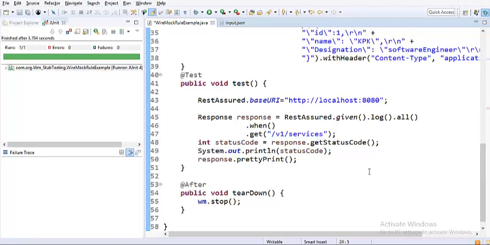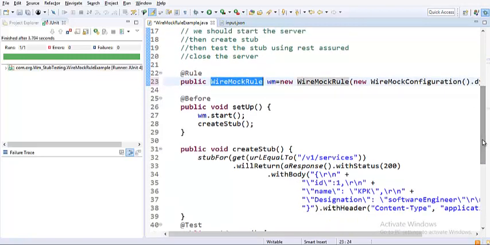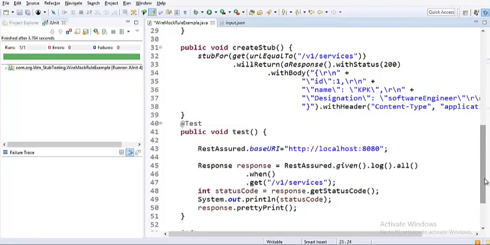So that's it, guys. In this learning, you have been introduced to a lot of new things. You had a decent understanding of JUnit, and you now know how to start a WireMock server programmatically with the help of @Rule and the WireMock class. We also learned how to properly organize a test case by having tearDown and setup methods. So we have called the respective method at the respective event, so that our test case is well organized.